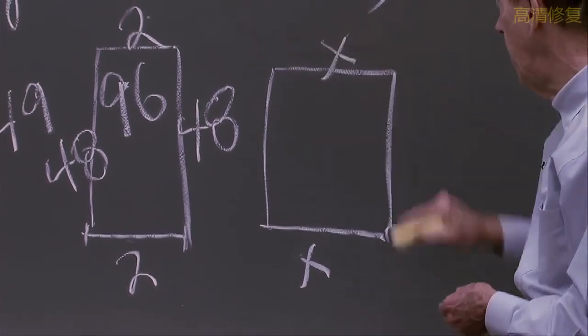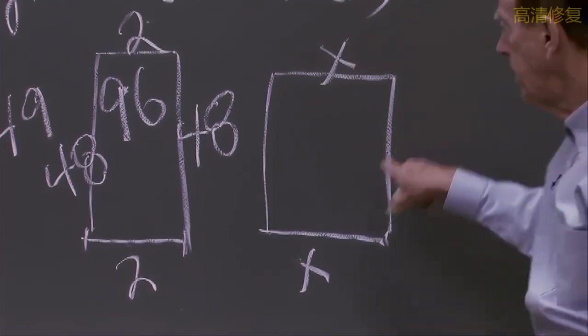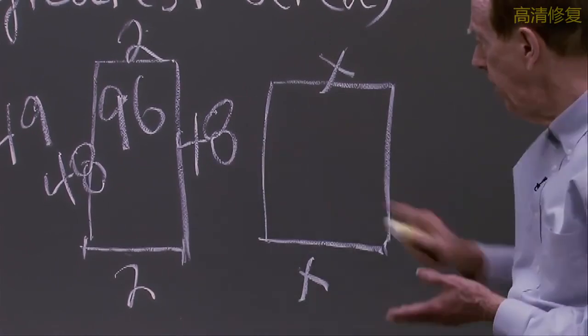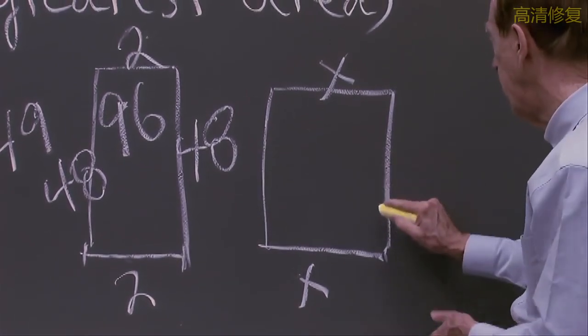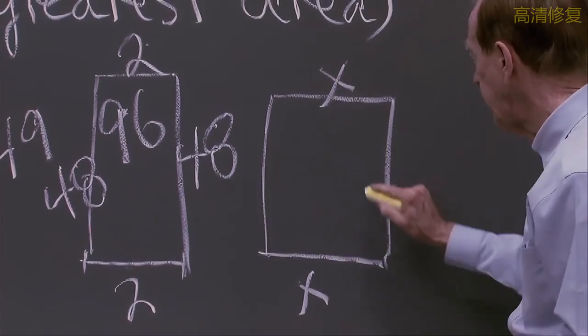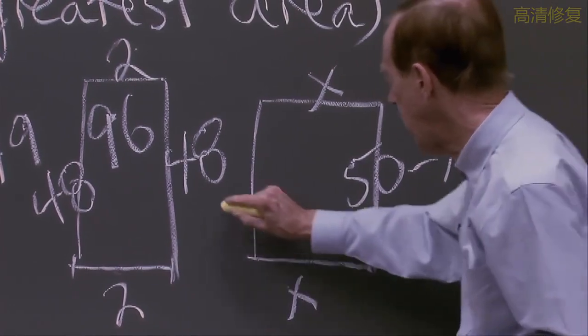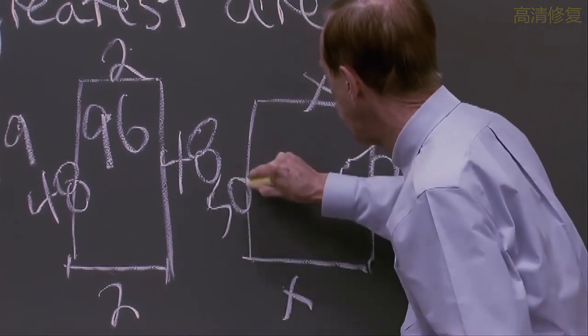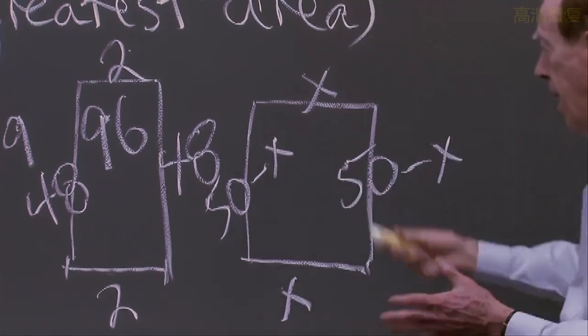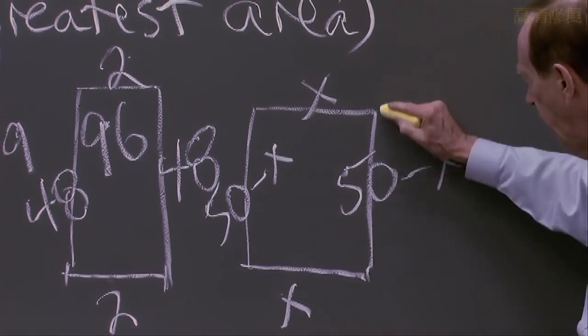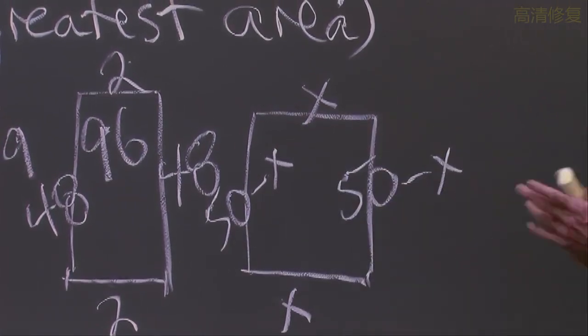Well, x up here. What do I have here? Let's see. That was 48 when this was 2, 49 when it was 1. I think we're going to use 50 at this part. So that's 50 minus x, right? And this is also 50 minus x. And now I've got a rectangle that uses a total of 50, a total of 50, uses my 100